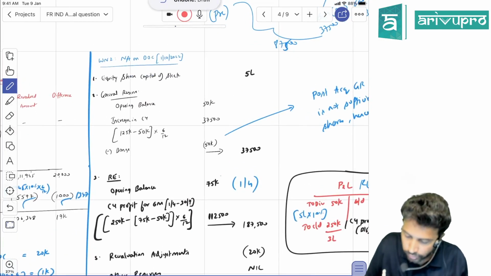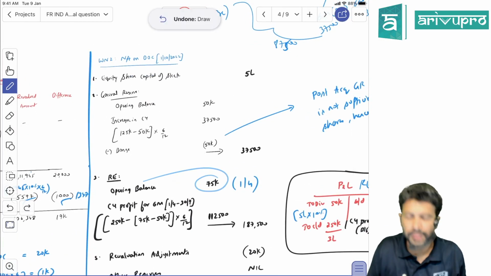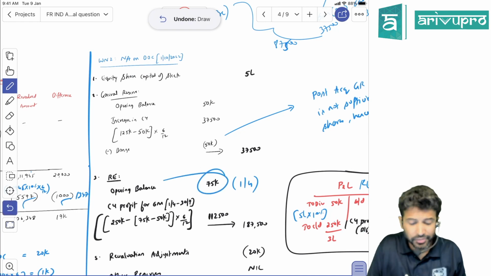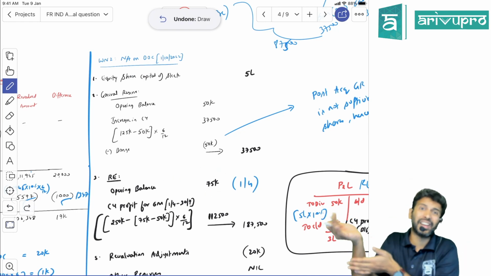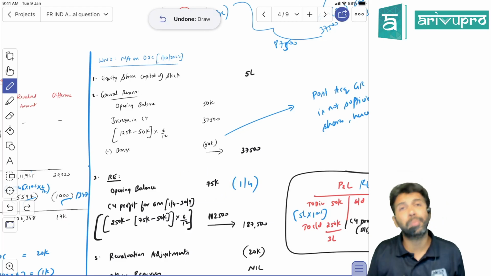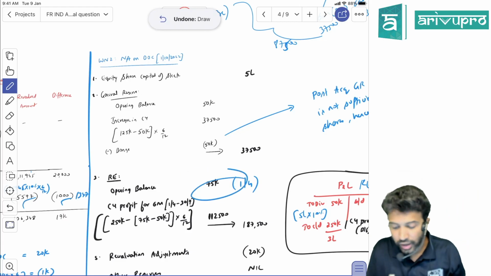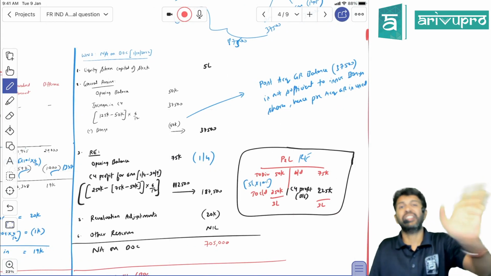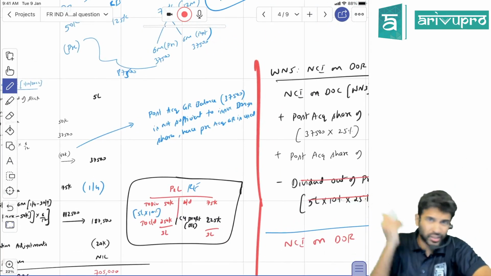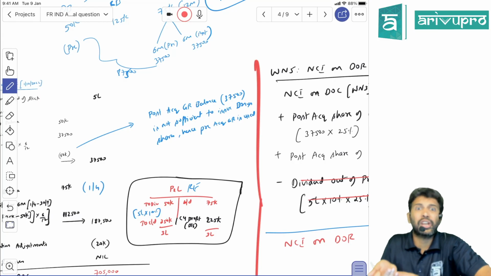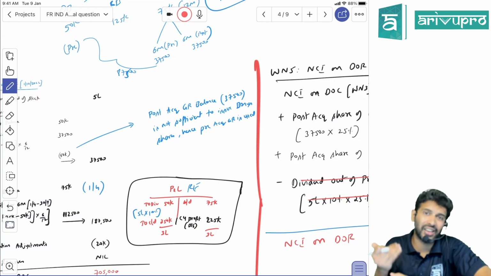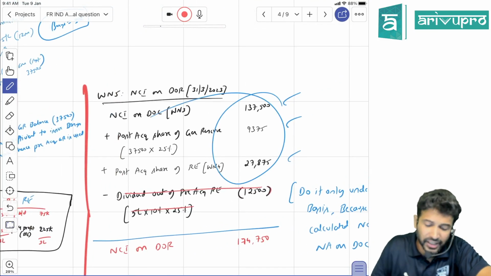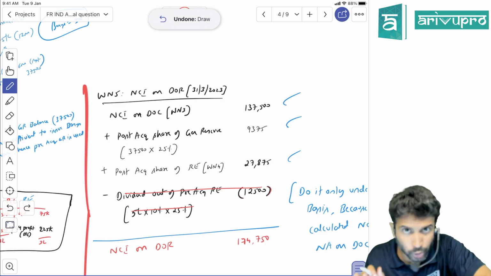Now here, for net asset calculation, the retained earnings balance you took is 75. But out of the 75, 50,000 has been given as dividend. That means the balance should be taken as only 25. But we took 75. Correct? That means net asset balance is unnecessarily increased. If net asset balance increases, shareholders have a share in net assets. Who are the shareholders of the subsidiary company? Parent and NCI. That means NCI share has been taken more. Hence we need to reduce, is what I told.